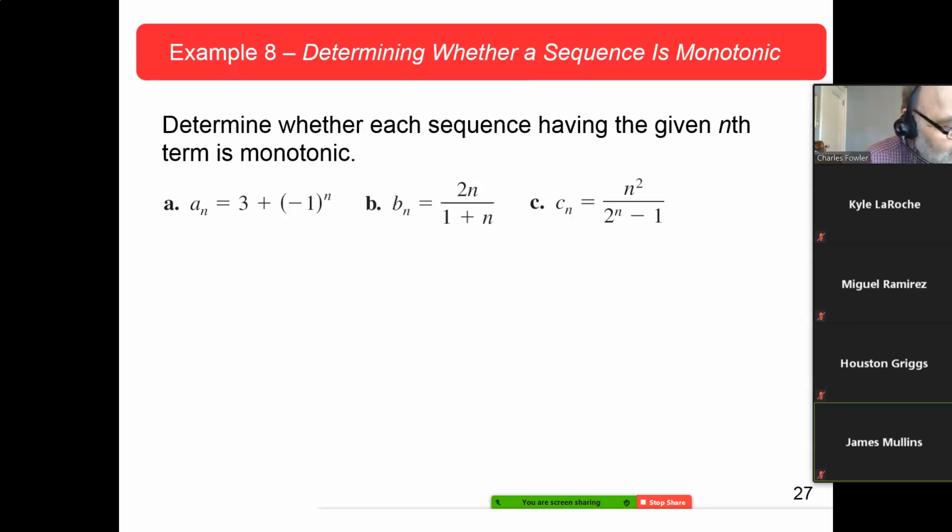17 or 19 are both at Calc Chat. 21 or 23 are both at Calc Chat. 21's at Calc View. 25 and 27 are both at Calc Chat. Any of the odds 29 to 43 should all be at Calc Chat. 29's at Calc View. 45 through 51 should all be at Calc Chat. 49's at Calc View. And then stop there because we haven't done the monotonic. So go through 52. Any questions?